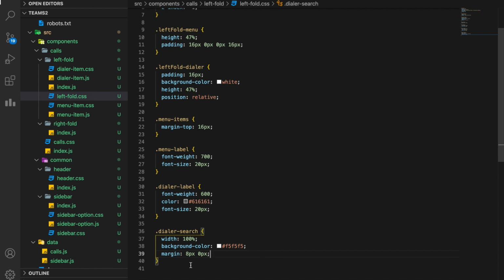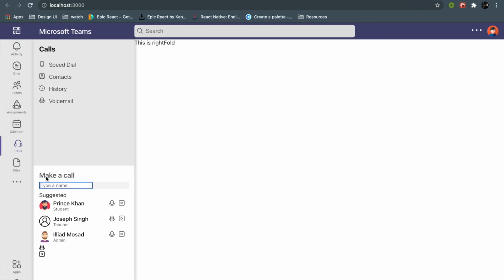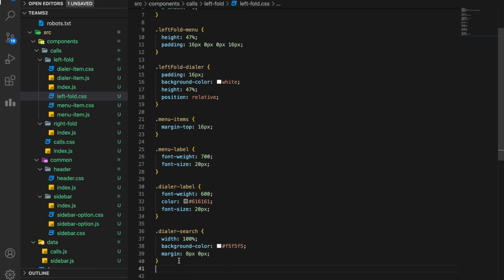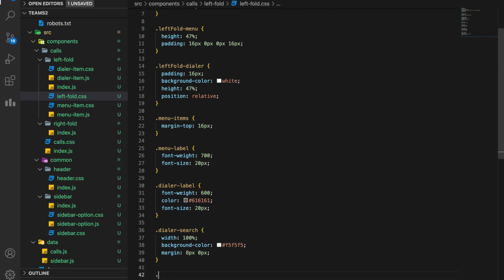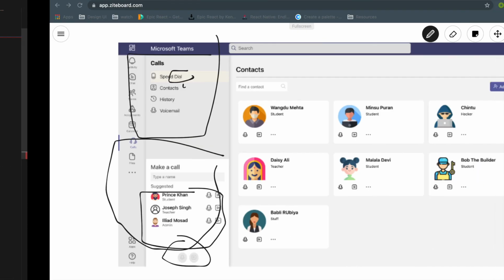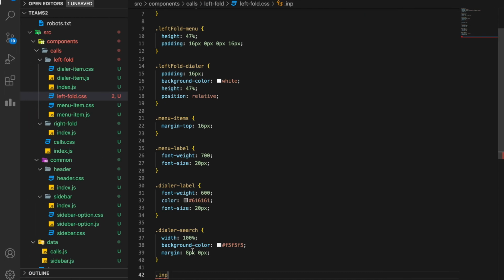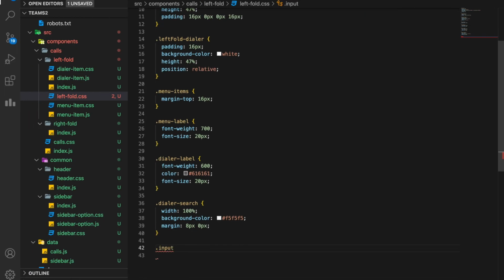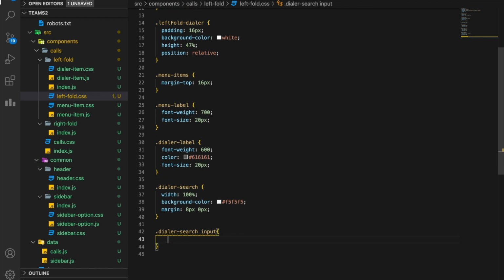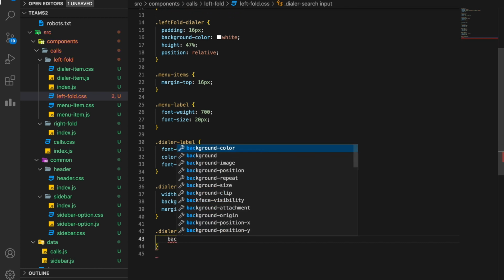So for the input inside this, let's go here, dialer search space input. This is called a selector in CSS. I want a background color of transparent.